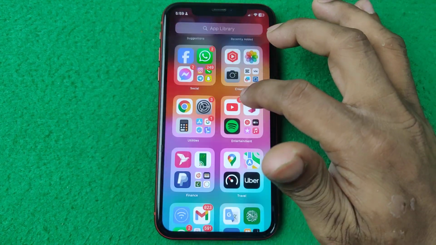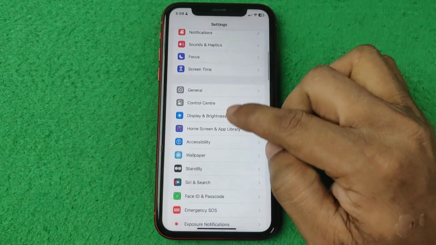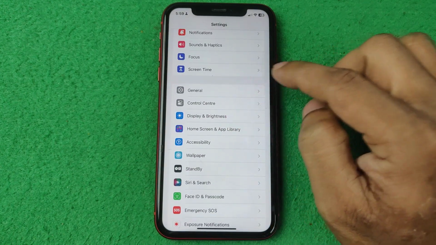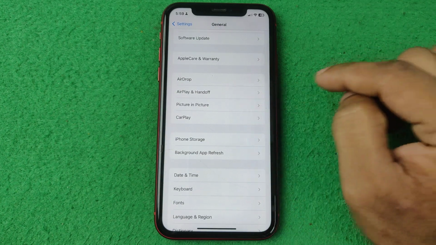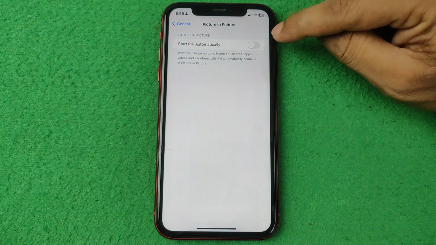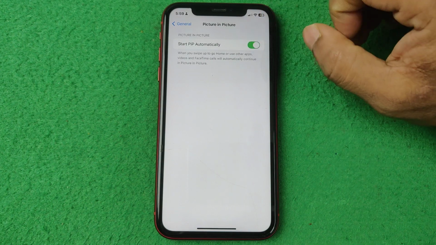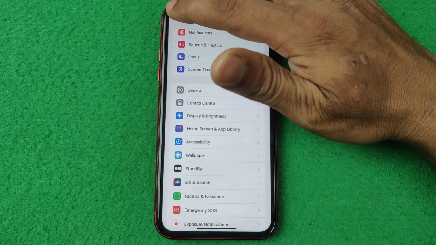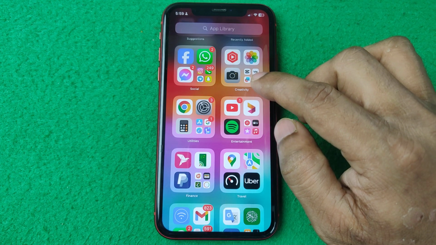So for that, tap on Settings to open and just swipe up for General. Tap on General and here is Picture in Picture, so tap on it, and by default it's turned off, so just turn it on, then go back to open your App Store